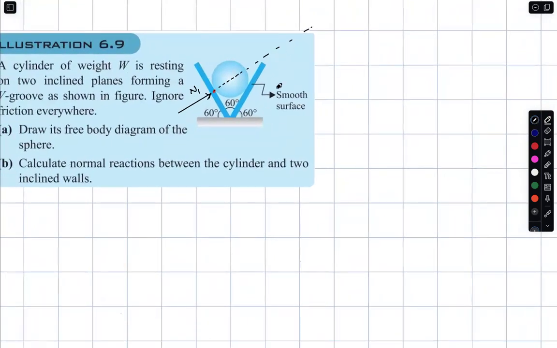All are smooth surfaces only. And here you have another point, normal reaction N2, which will pass through